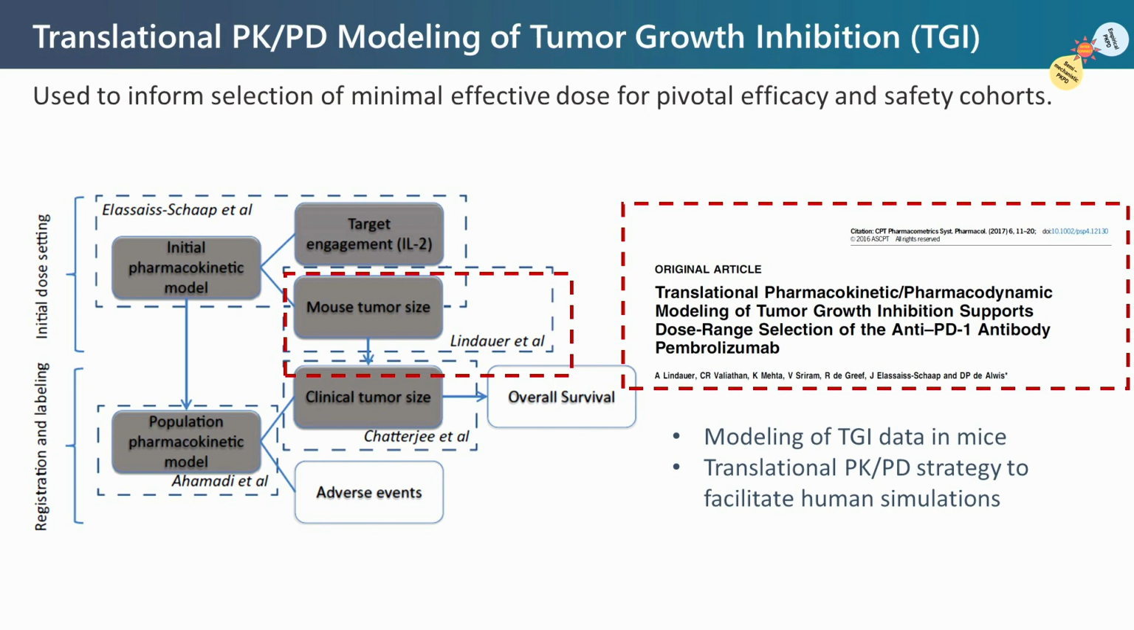Next, we will see how translational PK/PD modeling of tumor growth inhibition in mice was used to support dose selection for pembrolizumab. I will provide a brief overview, and details can be found in the publication by Lindauer et al. That is shown here. The goal here was also to identify the minimal effective dose for pivotal efficacy and safety cohorts. But this time, the exercise used models developed using mouse tumor data and translated them for use in human